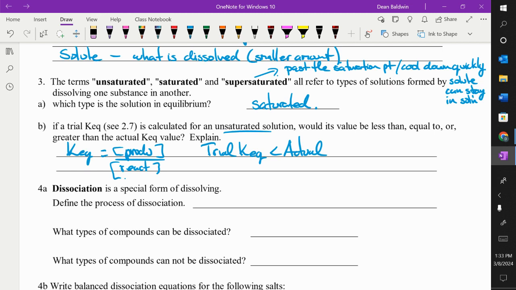But if you're saturated, because the way I'm thinking about it, if you have water and you're putting stuff in, when it's not saturated, that means it's all products. Yeah, but how many products do you have? The K, and you know what? The reactants aren't technically going to be there, right? Because it's a solid.